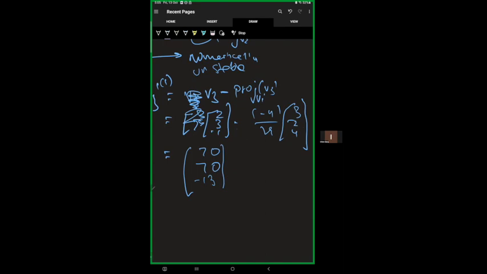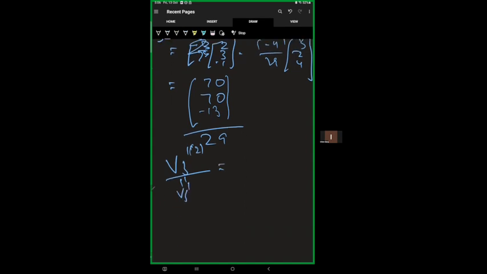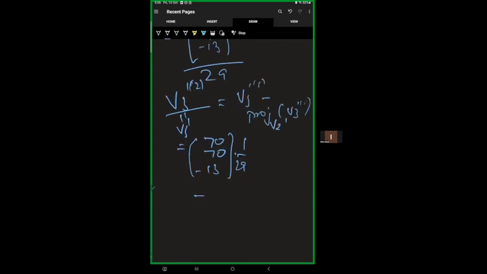70, and then minus 1 plus 16, minus 29 plus 16 is equal to minus 13 whole upon 29. Then we could have calculated V3 dash at the second iteration, which is equal to the V3 dash at the first iteration minus the projection of V3 dash at the first iteration along V2 dash. This is calculated as 70 minus 13 into 1 by 29 minus 1 by 29 into what